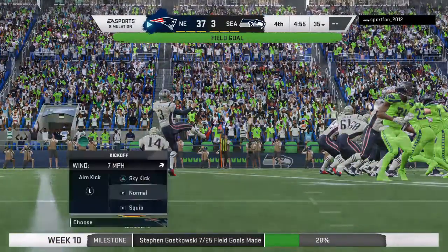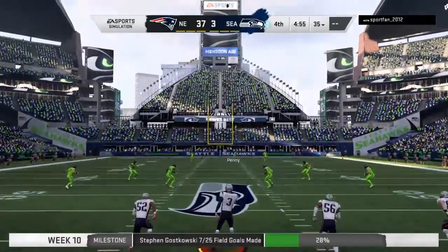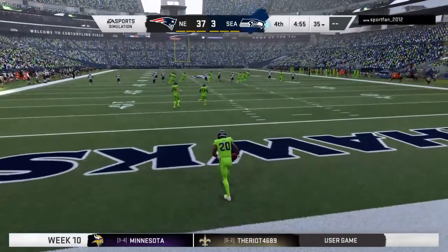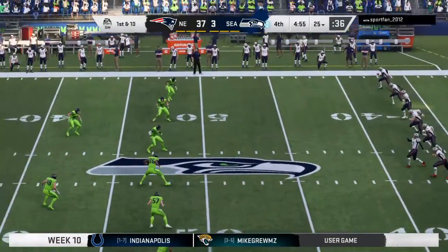And they're well on their way now as the lead grows even larger. So it's 3 more points, and that widens this thing out even further here in the fourth. And you know, in this league, you can never have enough points, but this widens it out, as you said, and now it's all about ball control, isn't it? Let's go. At their own 25-yard